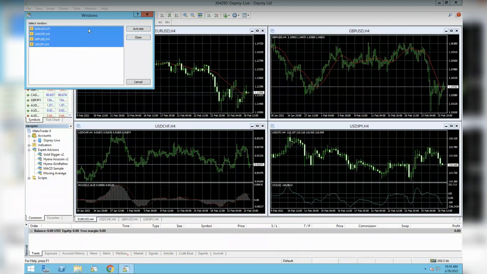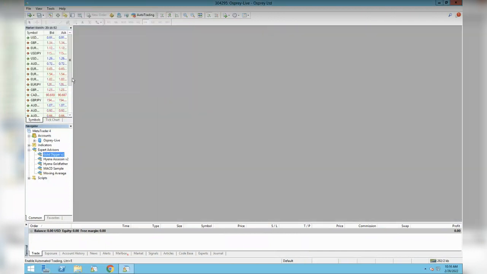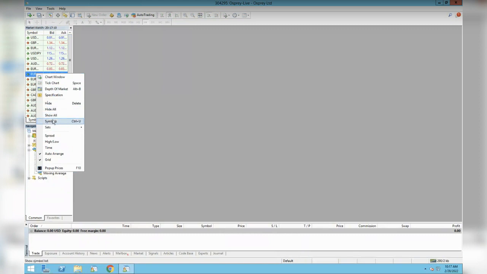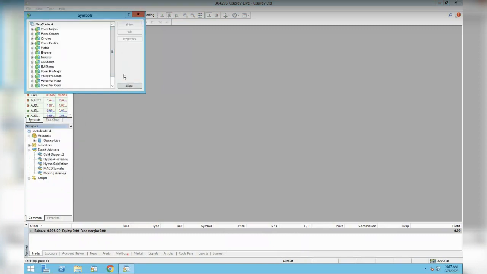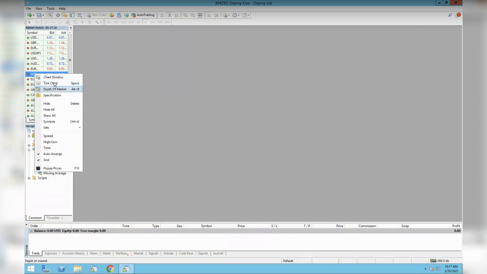We're going to select them all, hit close. So for our Hyena Assassin, for most of you who have the bot, one of the settings that we use is EURAUD, which I think is at the top. You find the symbol under Market Watch. If it's not here, and I'll show you later, you just right click and go to Symbols, and then you can find the symbol that you want. But ours is EURAUD. Right click that, chart window,